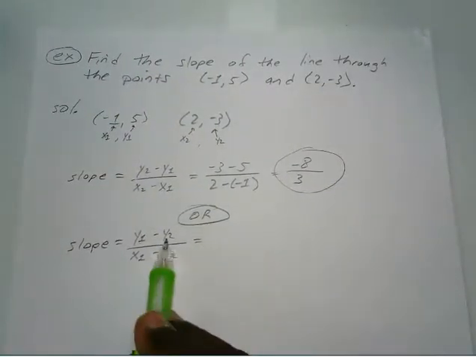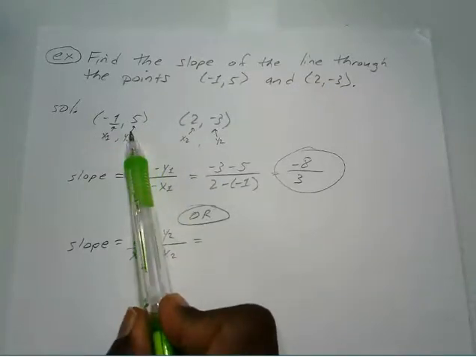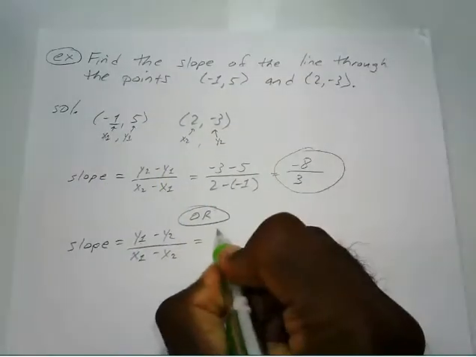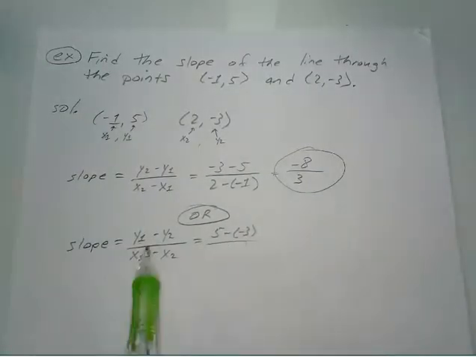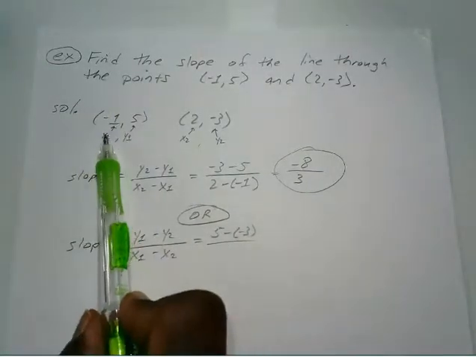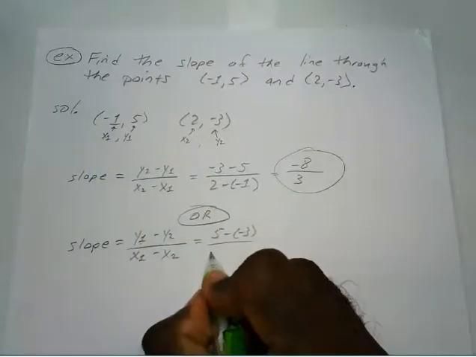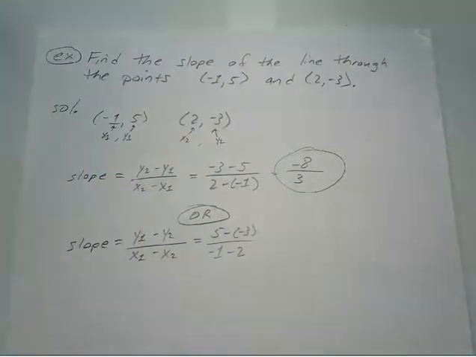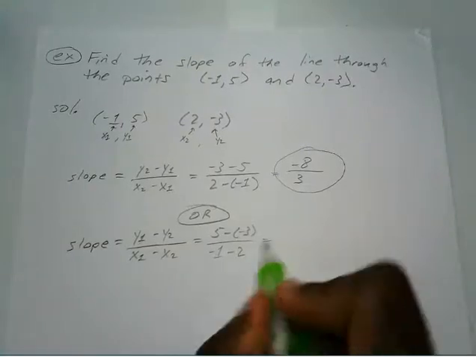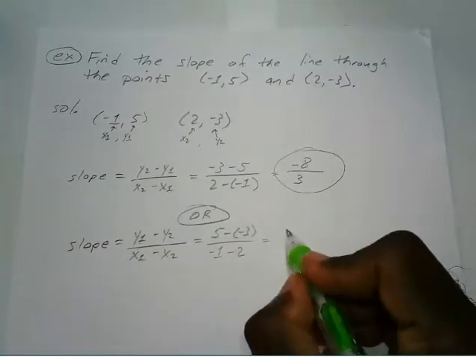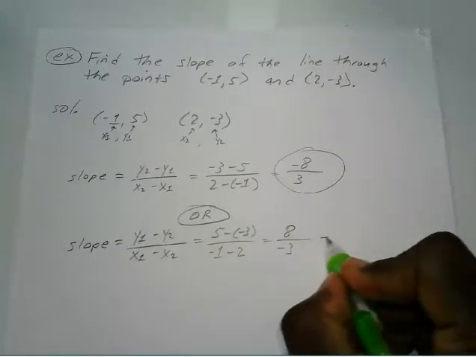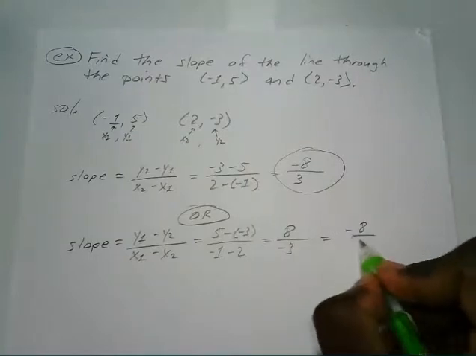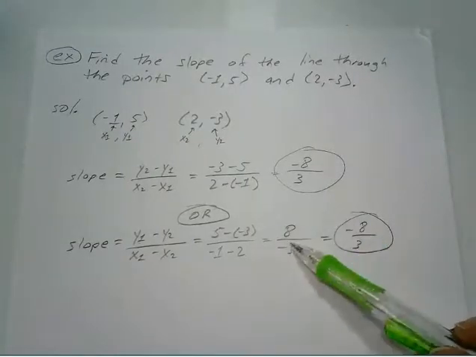Okay, so y1 minus y2 is 5 minus -3, over x1 minus x2, which is -1 minus 2. Okay, so 5 minus -3 is 8 over -1 minus 2, which is -3, which is the same as saying -8 over 3, because remember, the negative sign